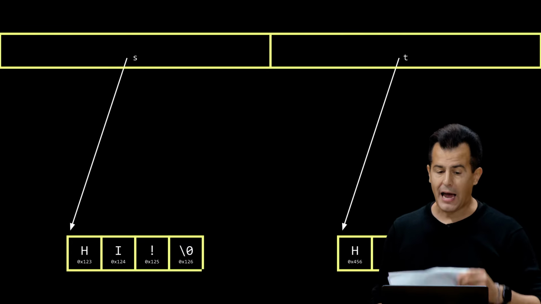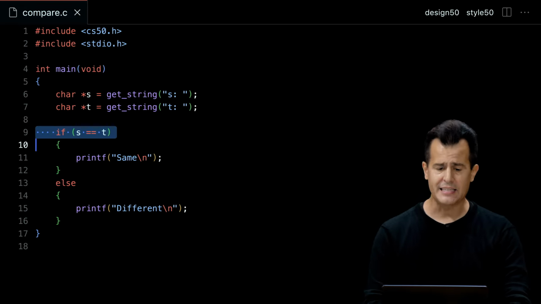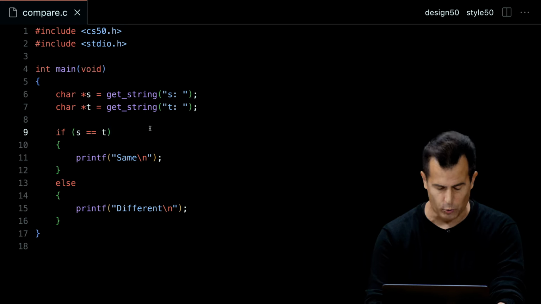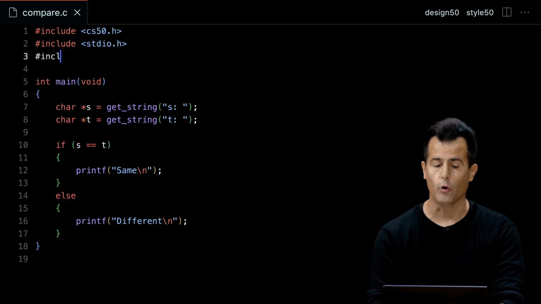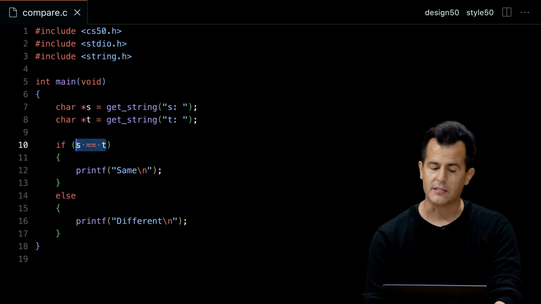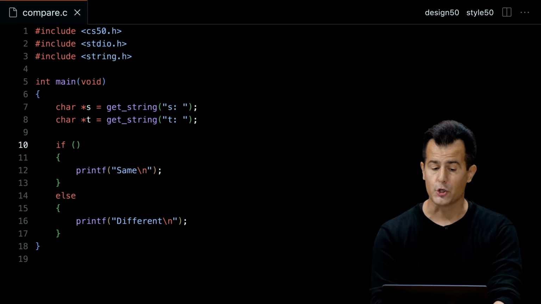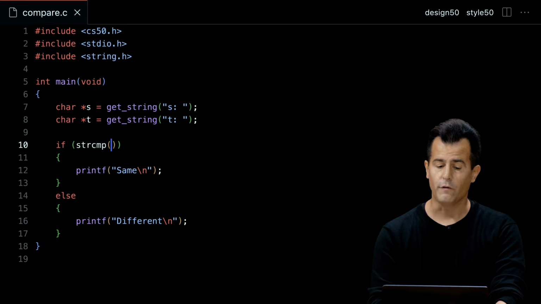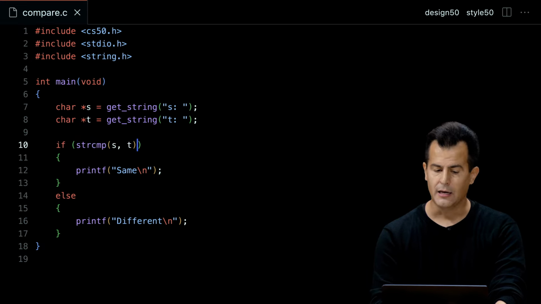properly. If I go back then to VS Code here, and instead of using equals equals, I give myself access to our old friend now, the string.h header file. In that library is the definition, the declaration of strcmp. So I can do strcmp passing in 2 variables, s, comma, t. And